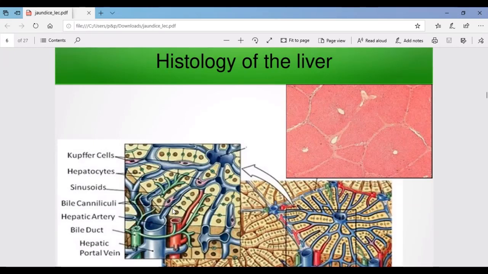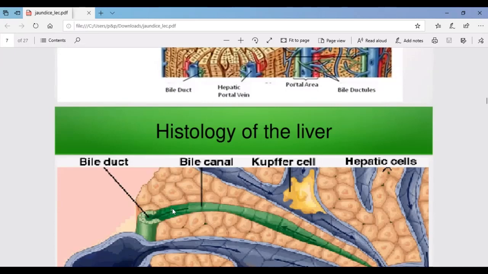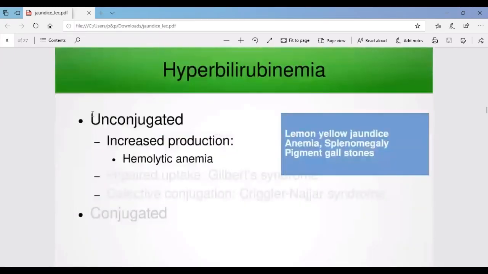When we speak about hyperbilirubinemia, we can classify it broadly into unconjugated and conjugated hyperbilirubinemia. Which type is responsible for the elevation? Is it the unconjugated part or the conjugated part? Unconjugated hyperbilirubinemia is bilirubin which was formed from broken heme and was not yet conjugated to glucuronic acid. So the first cause for increased level of unconjugated hyperbilirubinemia is increased production, which occurs when